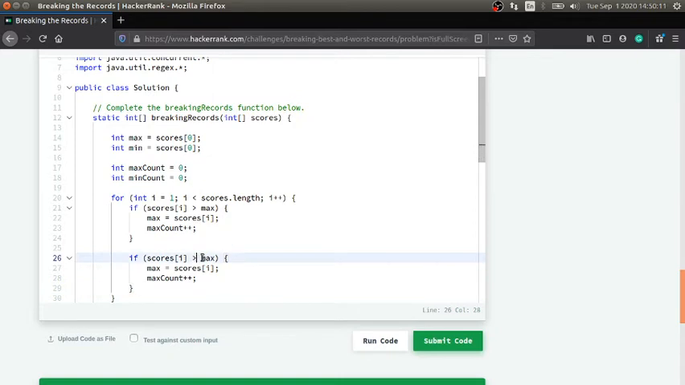And so if the current element of the scores is less than the min value, then we are going to assign this scores value to the minimum variable, and we are going to increment the min count by 1,